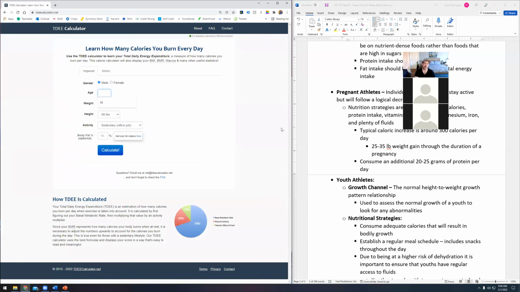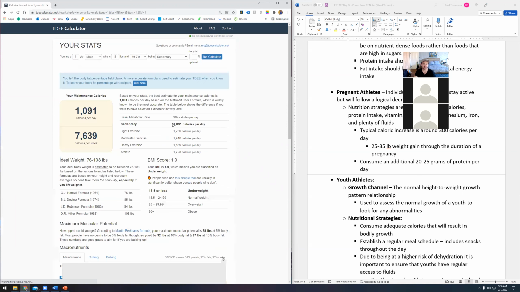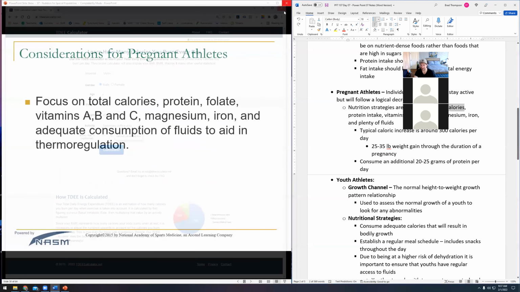We'll say 1 year old. How much was the baby? It was like 8 pounds. And maybe that's a heavy bit. I don't know. And then they'd be maybe 1 foot tall. Oh, it has to go to a bare minimum of 4'7". Well, there's not going to be a baby. But you hit calculate, and it's like they're burning, yeah, that's totally wrong. 909 calories on the basal metabolic rate. If they were 4 feet tall, they're about half of that.